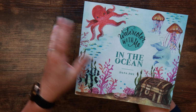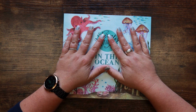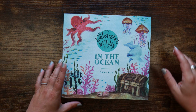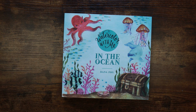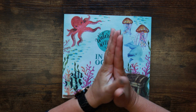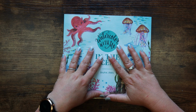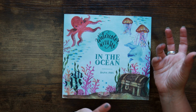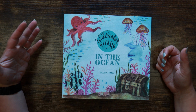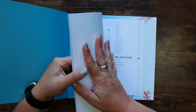And the idea behind this is to work on your watercolour technique, but you don't actually have to sketch out the subjects if you don't want to. One of the reasons I wanted to start with this book is because this is the kind of book that appeals to more than one type of artist, in that it caters to people at different stages in their art journey, and I'm going to show you why. So if we open up the inside cover here,